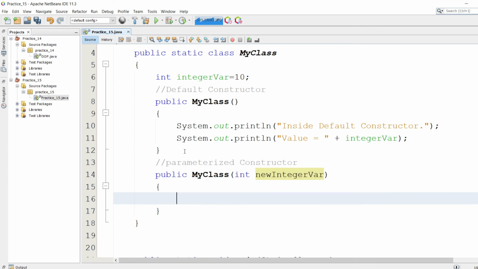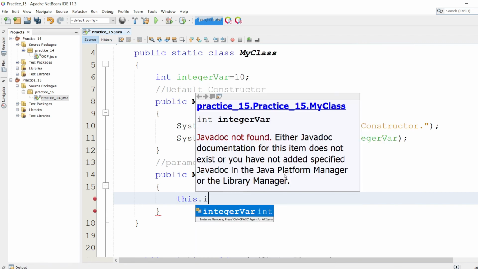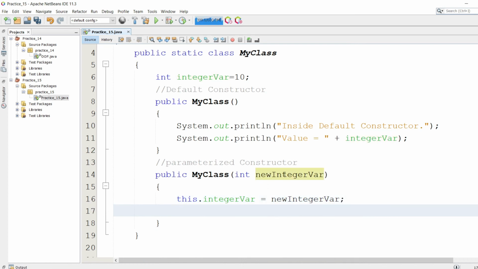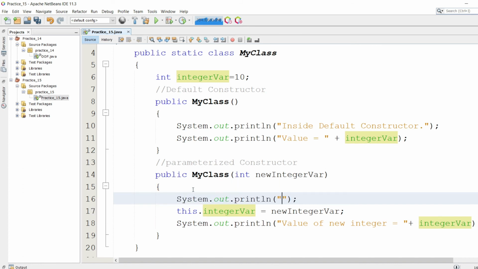So I'm going to change this integer var through this parameter as this dot integer var equals new integer var, and I'm going to print out the value of new integer var. So let's print out a message here: inside parameterized constructor.